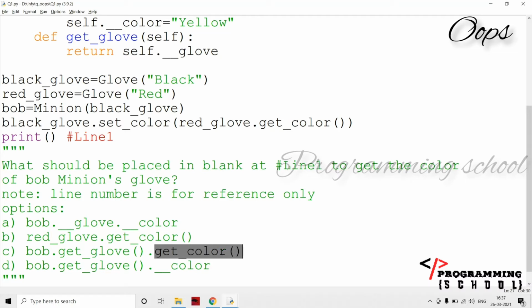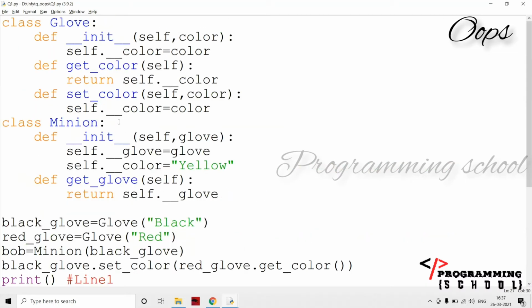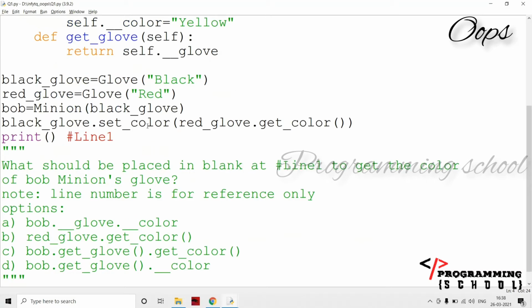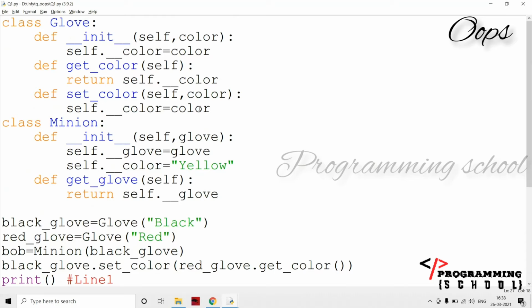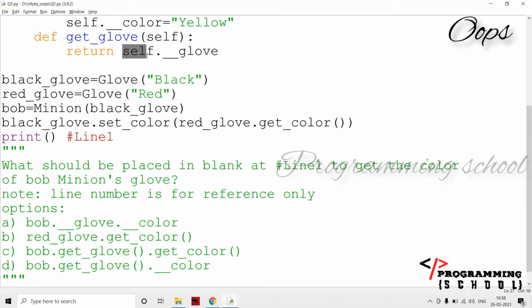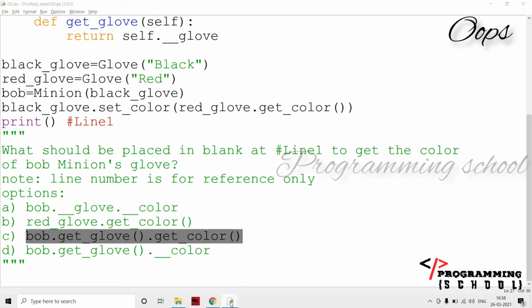Then again it is moving into the get color of method, and it is going to return the color and print it here. That means C is the option here. First of all, it is going to be called with get color of, that means it is going to get the color red here, and that red is going to be printed here. Okay, so option C is the perfect one. Moving into the next question.